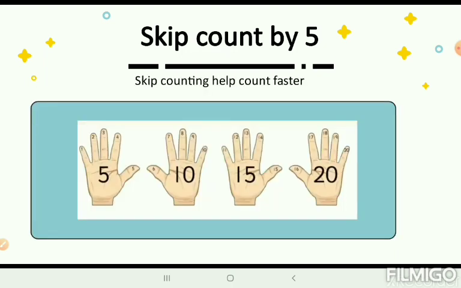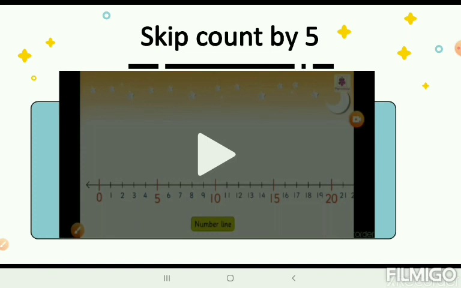In a similar way, when you're counting your fingers, each finger you count as 1. So one hand you will count as 5, the other one 10. In a similar way, we are skipping and counting in 5s. Skip counting actually helps to count faster. Instead of counting a single number at a time, we are counting in 5s. Let's understand this topic much better with the help of this video.